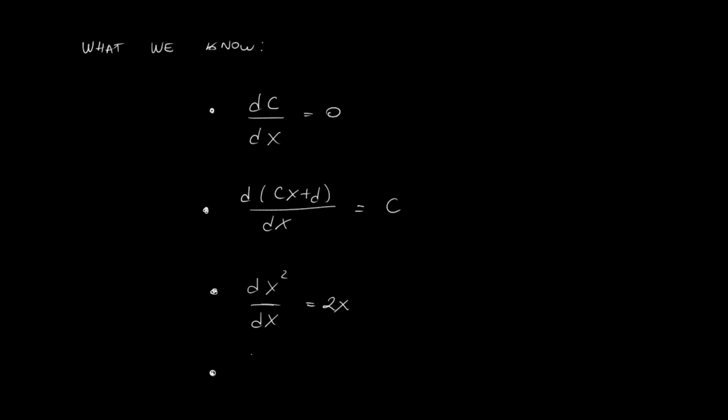And what I'm going to leave you as an exercise is to prove that the derivative of x to the power 3 with respect to x is equal to 3x squared. This will be left as an exercise. So these are all examples of differentiable functions. So it's now natural for us to ask ourselves, are all functions differentiable? Well, let's see a few examples of functions that aren't. The first one is going to be the function f of x equal to the absolute value of x